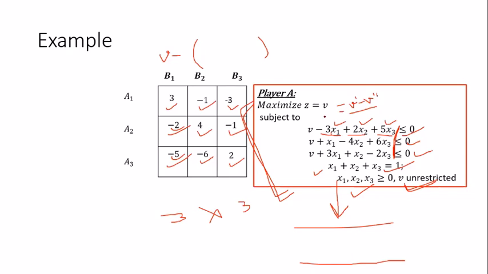And now our ultimate aim is to find the values of y1, y2 and y3. All of you know how to read the solution of the dual from the optimal table of the primal. So it's sufficient to solve just this LPP. From its optimal table, you can read the optimal solution of the dual. So there is no need to write the formulation for player B. It really depends upon what particular question is asked. However,